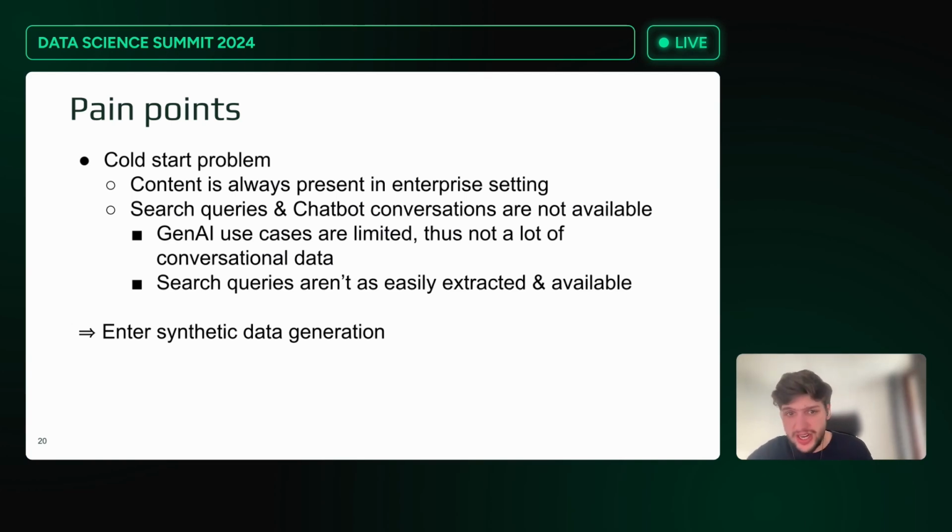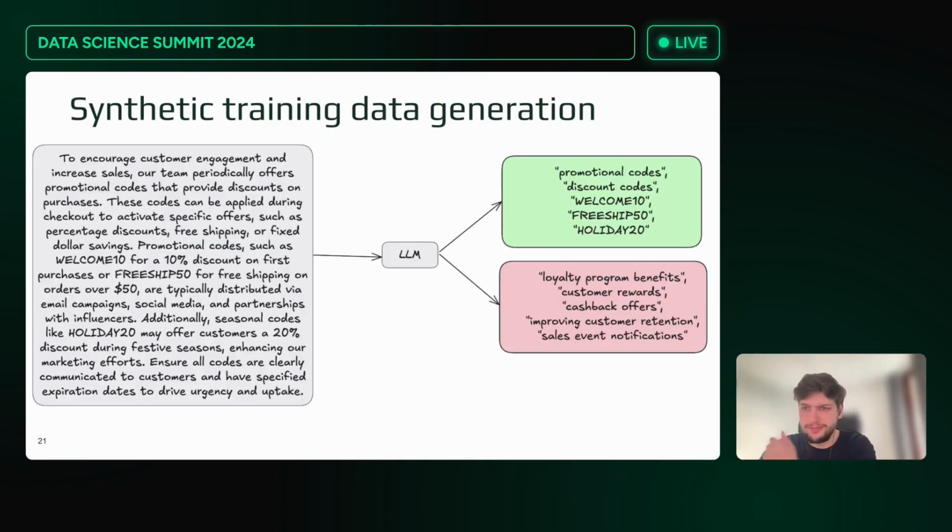So that's where synthetic training data generation comes in. It allows us to have access only to the content of a particular organization and still fine-tune the cross-encoder by generating synthetic search queries. And this is relatively simple. Again, this is a real example. I ran this a couple of days ago, using the same text as before about these promotional codes. You can throw this at pretty much any LLM. You instruct the LLM to generate 5 search queries that fit this piece of content and 5 that are similar but don't fit. And I think this was run with GPT-4o Mini, one of the cheapest